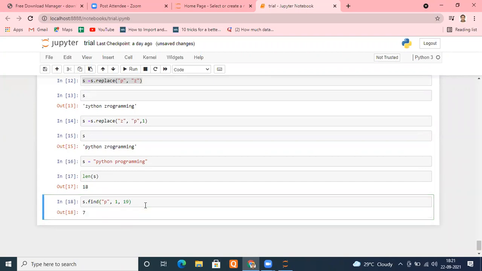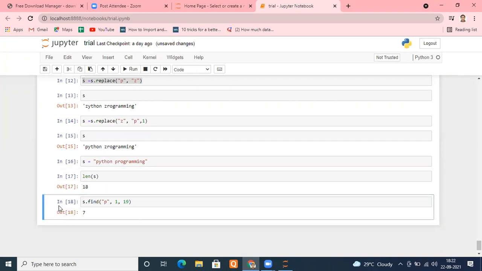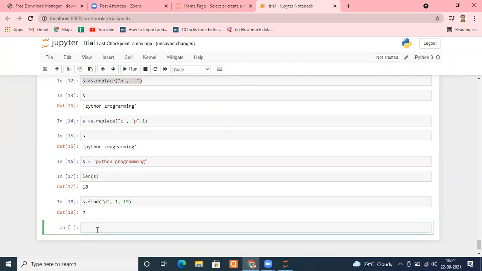It will give me 7, meaning this P has the 7th index. Can you count? 0, 1, 2, sorry, something bad happened here. Just a second. Okay, 0, 1, 2, 3, 4, 5, 6, and 7. 7th position it is. Now let me try one more thing.